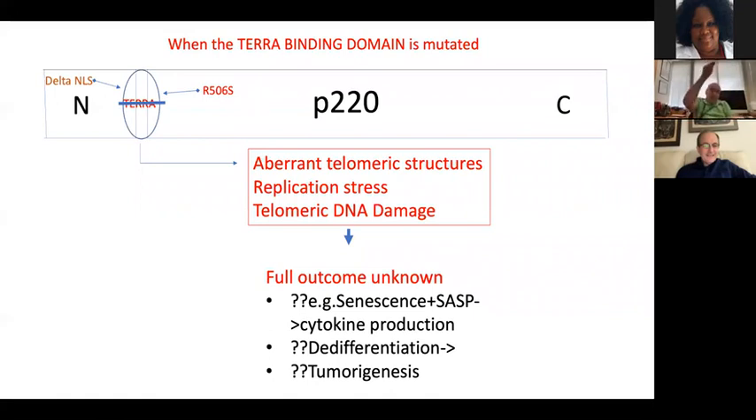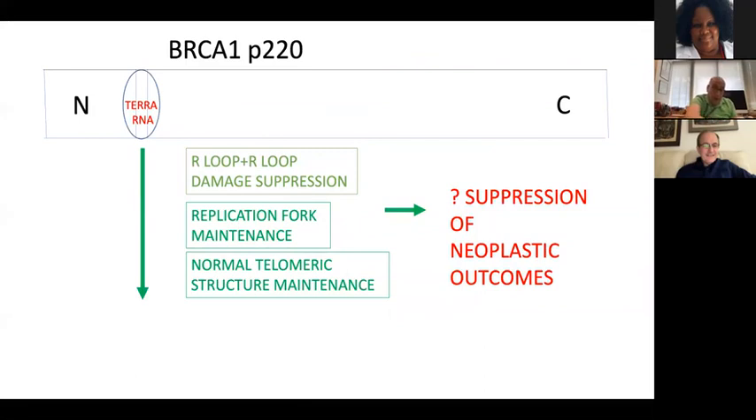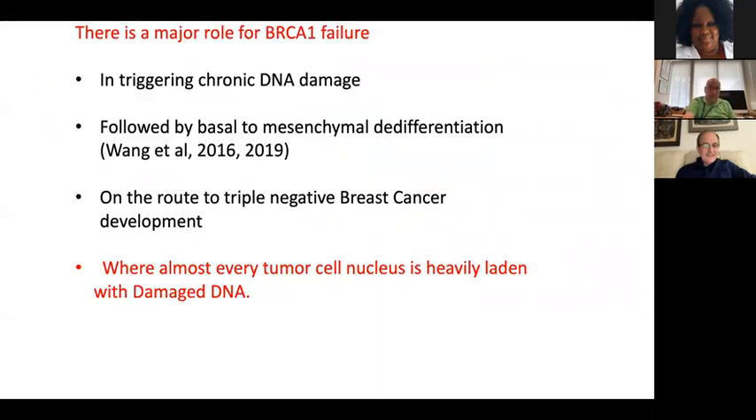If a little RNA bound to a tiny site on the surface of BRCA1, which we know is important to suppress R-loop damage, replication fork associated damage, which means replication stress, and telomere structural maintenance, all of those go south when TERA can't bind to that site. So we wonder, we don't have to wonder. There is a major role, I think, established in many labs for BRCA1 failed synthesis for triggering chronic DNA damage, followed by basal to mesenchymal dedifferentiation on the road to triple negative breast cancer development, where, as I'll show you